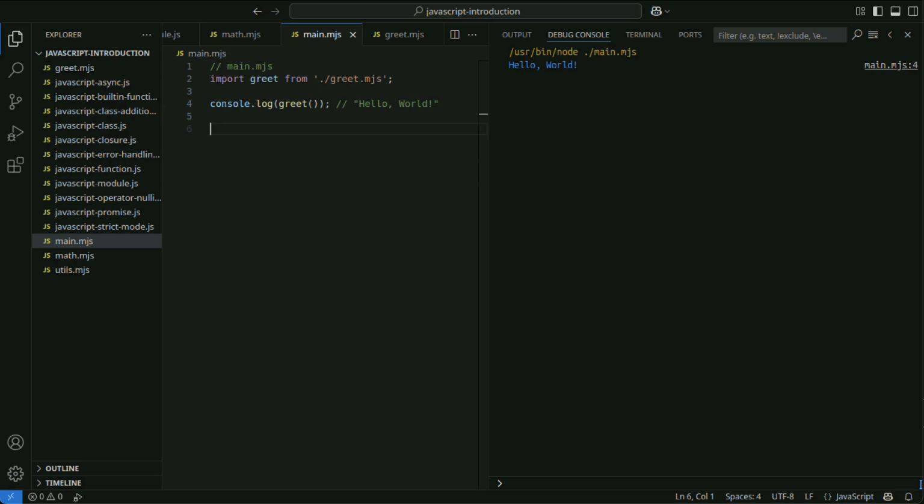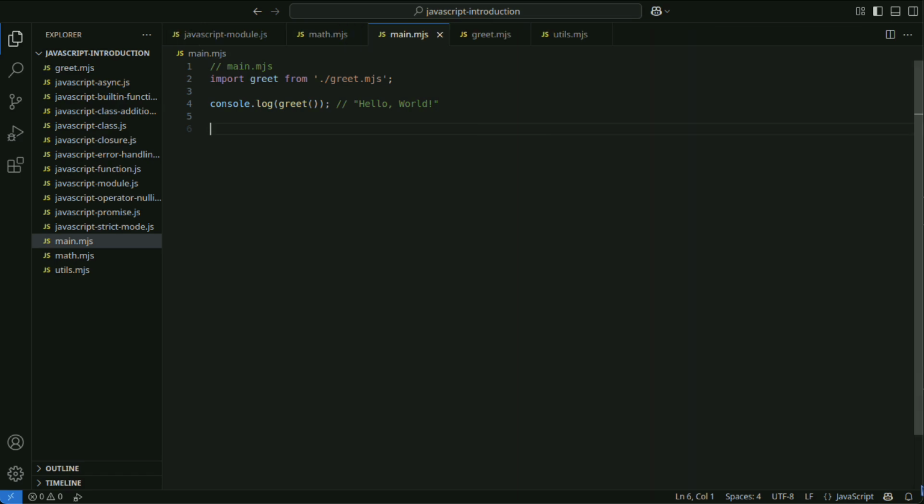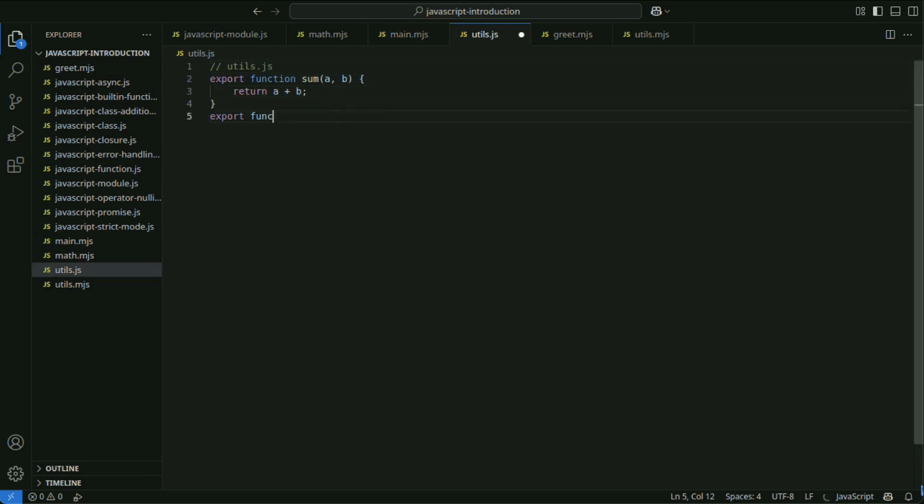Let's also look at an example of usage on the client-side browser. Modules can be exported in ES modules as follows. In this utils.js module, the functions sum and multiply are exported.